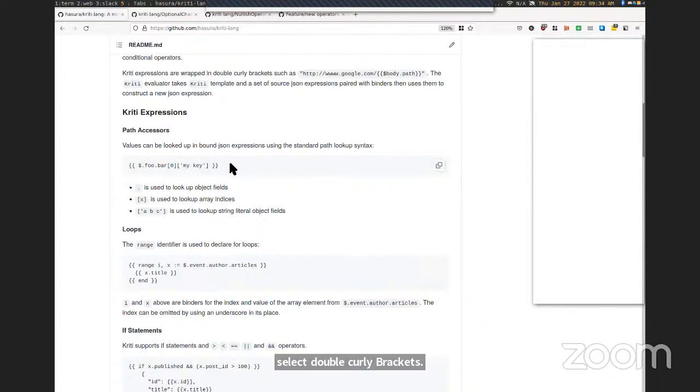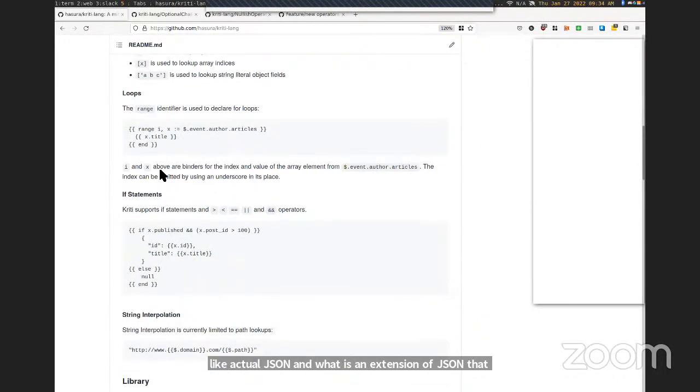So you can always clearly distinguish between what is actual JSON and what is an extension of JSON that will then evaluate into JSON. The only exception is the loop and the if statements. We use the double curly brackets in a different way here, because the whole term isn't quoted in them. Instead, you've got a beginning and an ending declaration.